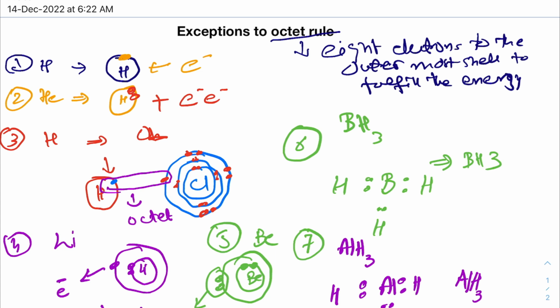Then the other exceptions are BH3 and AlH3, in which boron uses 6 of its electrons to form bonds with hydrogen. And again, the same is the case with aluminum, which uses 6 of its electrons to form bonds with hydrogen. So these are the exceptions of the octet rule, in which the elements form bonds with each other without fulfilling